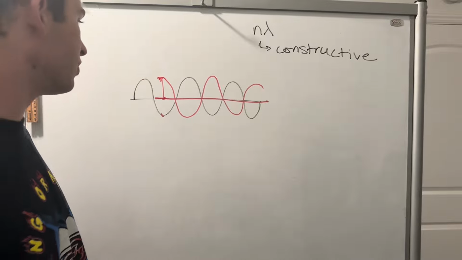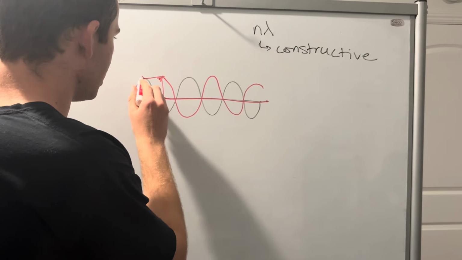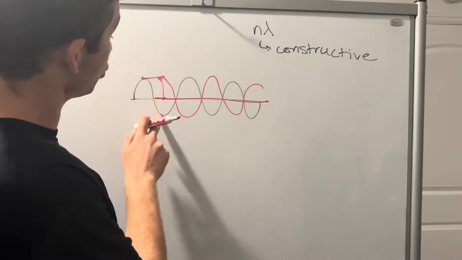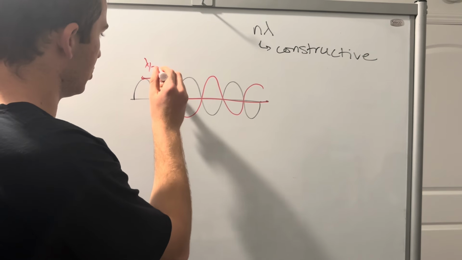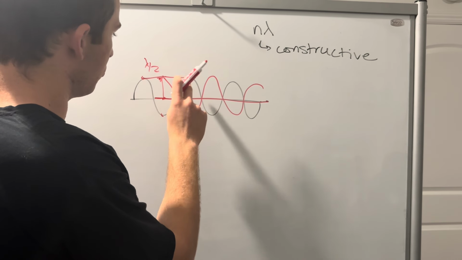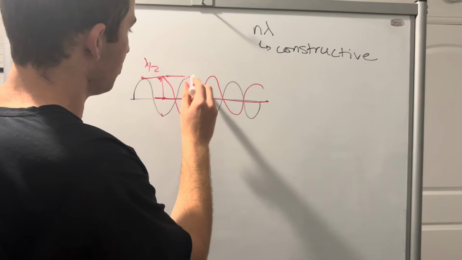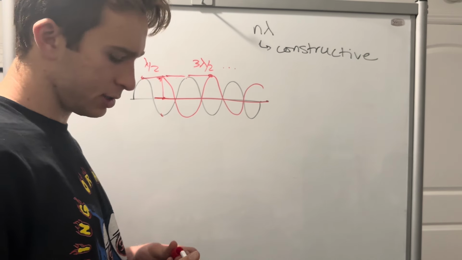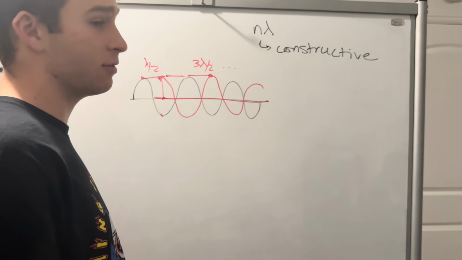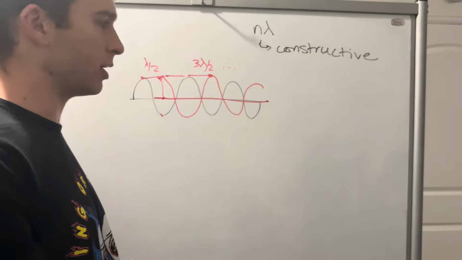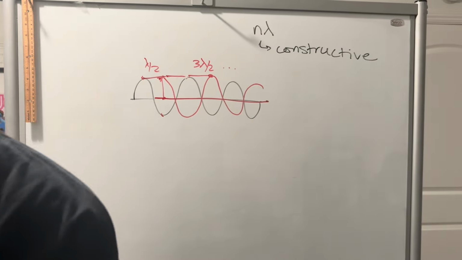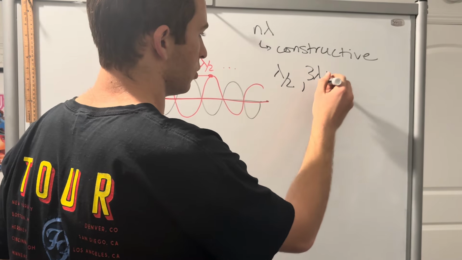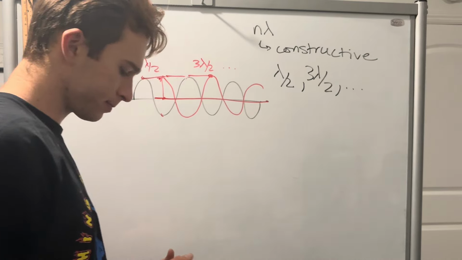And so what if I want to move this? Well, where is this already? This is a half wavelength because it's from peak to trough. And so this is lambda over 2. It would also work if I started the wave not right here, but right here. This is 3 lambda over 2, and so on and so forth. And so I would be moving this by half wavelengths instead of even integer wavelengths. So for any lambda where it's lambda over 2, 3 lambda over 2, and so on and so forth,